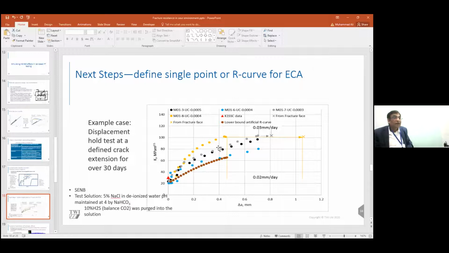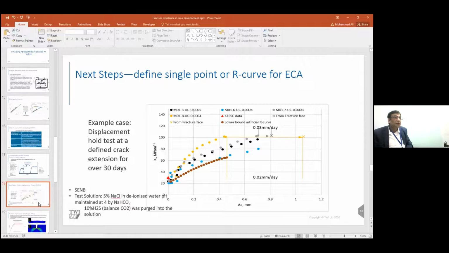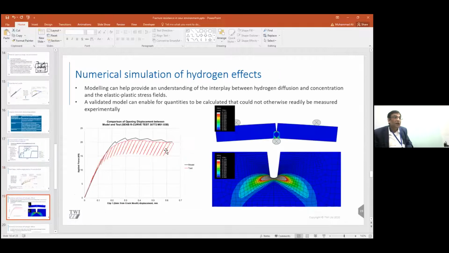By combining all this data, we defined an artificial lower bound R curve, which we attempted to use in the subsequent ECA. Parallel to that, this work was carried out by my colleague Tyler London. The modeling can help to provide an understanding of the interplay between hydrogen diffusion and hydrogen concentration and the